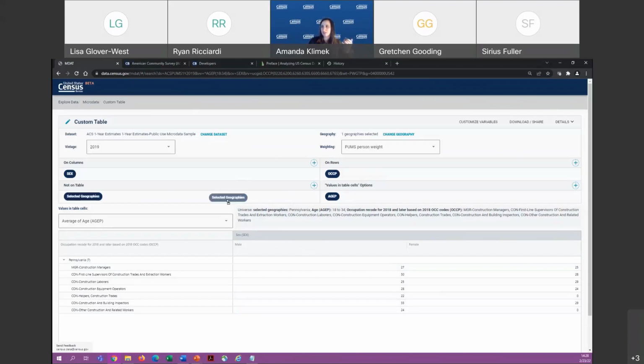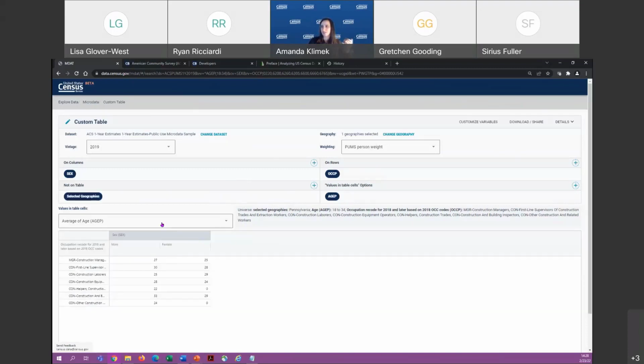So we're just going to go ahead and see if we can set that to not on table. If you see here, it doesn't change our values at all if we take it off the table, because the table knows it's Pennsylvania. We're going to start cleaning the table up a little bit. It's still Pennsylvania, and you can see that here in the universe. Everything in the universe of your table is going to be included in this universe statement. So if you don't see it here, that's when you want to worry. But right now we see it here, so we're fine.